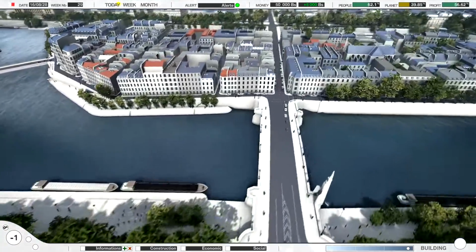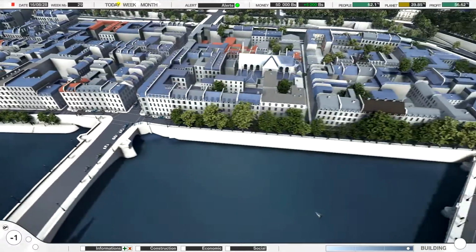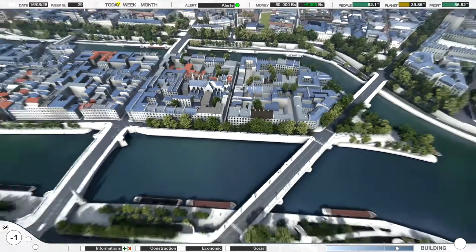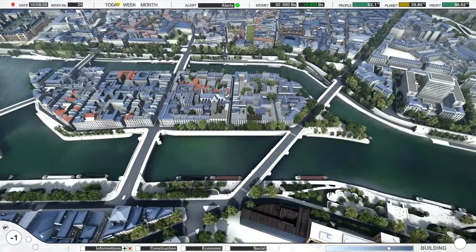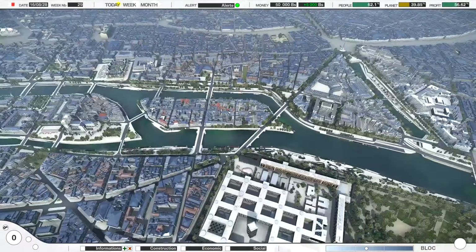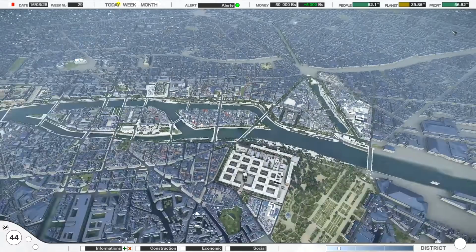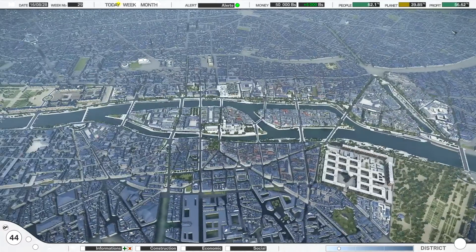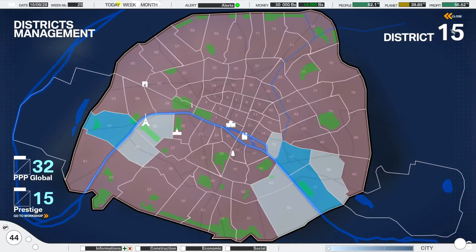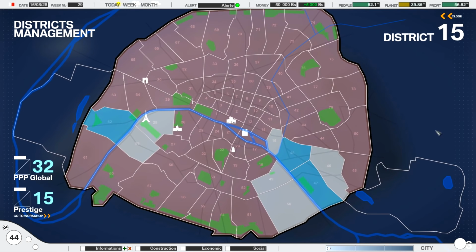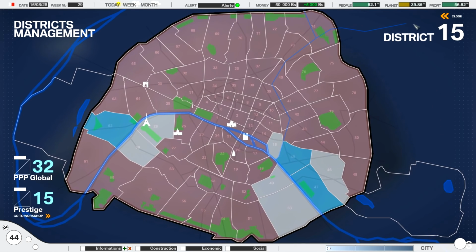But first, let's start with the beginning, and the beginning is the structure of the city of Paris. The city of Paris is divided into districts. These districts in the game were made from the 80 actual neighborhoods that exist in Paris. Each district is a specific area with which the player will interact freely. We'll see later that each of these districts offers specific missions to the players, but for now, let's get back